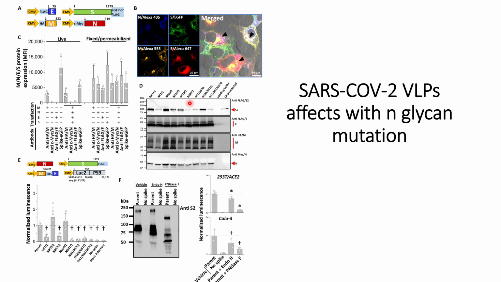Thereafter they did the Western blot of all the membrane proteins with the different mutations in the SARS-CoV-2 spike protein. This time they found that the expression of the N61Q mutation and N801Q mutation is reduced